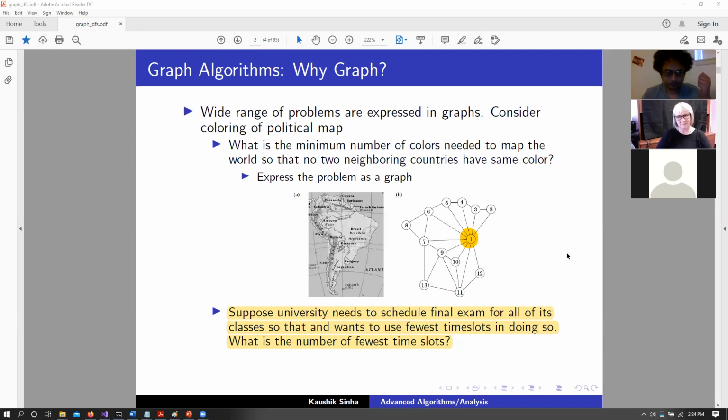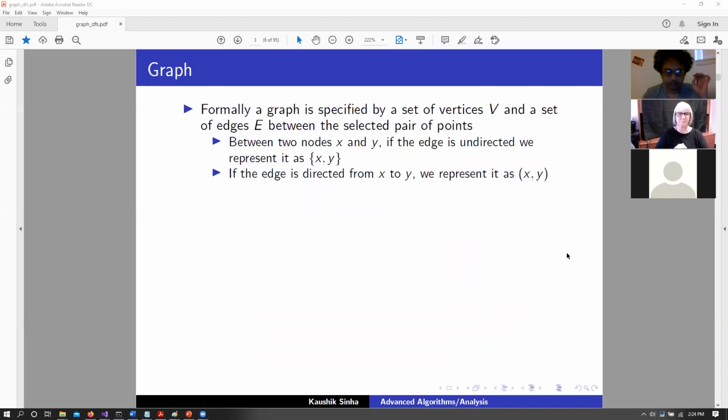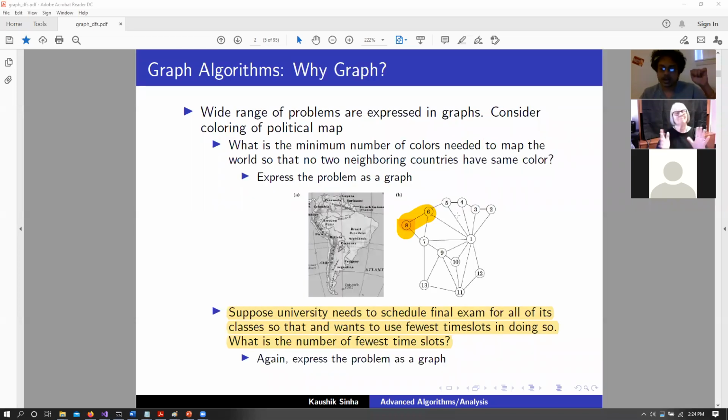Okay. Now, moving on. So last time we talked about graphs. Graphs are essentially different from trees where every node can potentially be connected to every other node. And we talked about how we can represent these graphs.